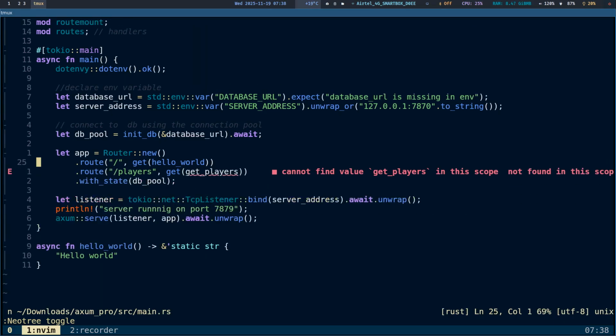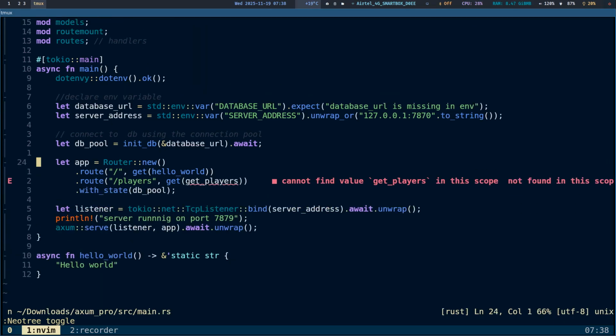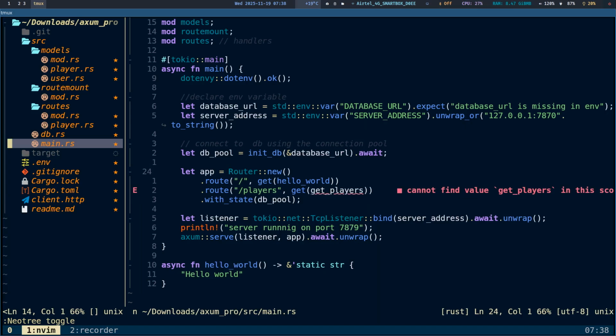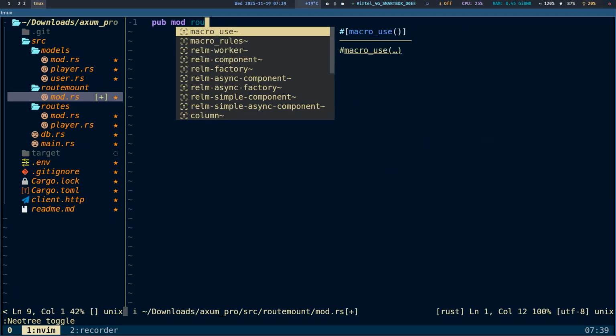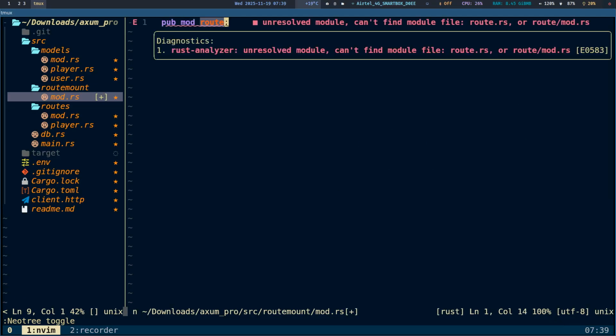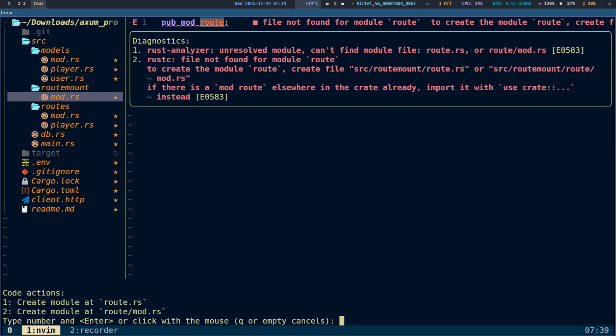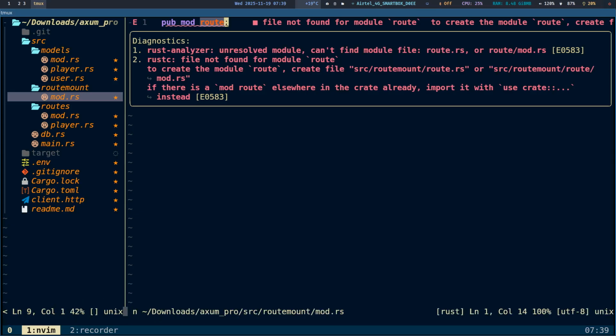We don't want to have our route method here, so that is why we're using the route mount. So I'll come to the route mount. So we can have pub mod route, then our code action, then we create a route.rs like so,